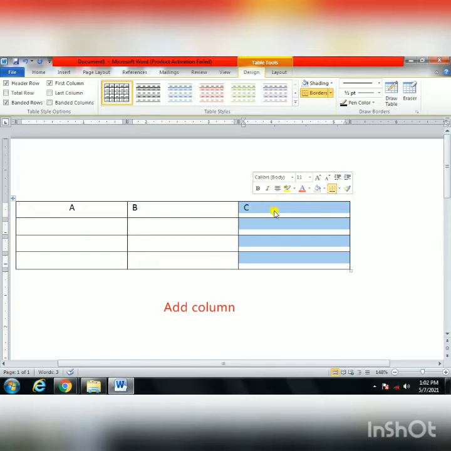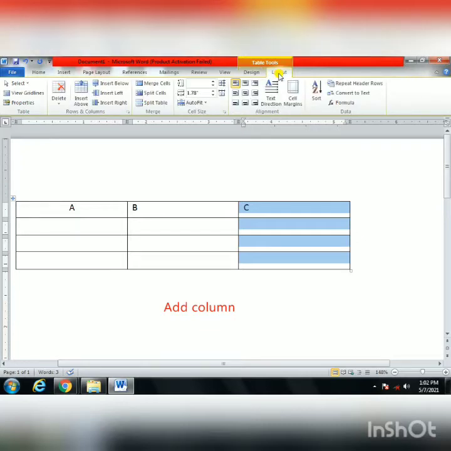Where you see this is the last column, I can add a column on the right side. So where will I go? I will go to the Layout tab. My dear, this thing is very important. Remember, I went to the Layout tab. The Layout tab is very important. From here we can do everything like add, delete, everything, rows, columns, whatever you want to do.